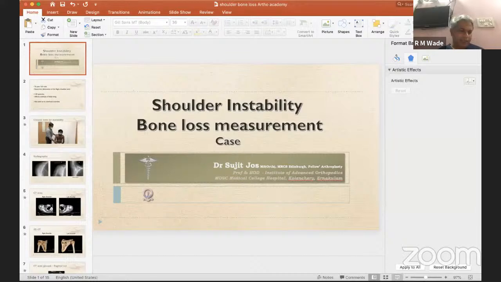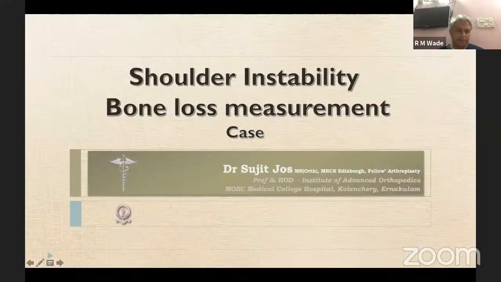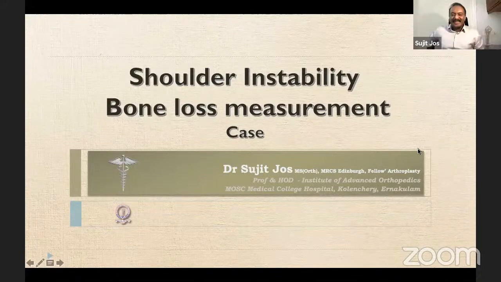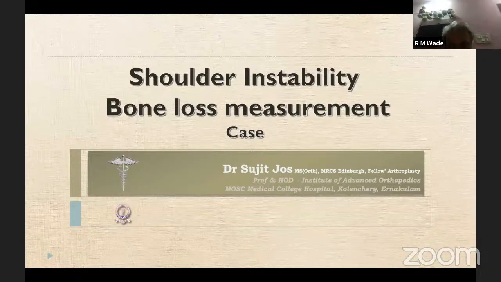I think today's talk was only on assessment. So we have certain cases to be presented by the presenters. I'll request Dr. Sujit Jose. Sujit, you have one or two cases. So quickly, only up to the radiological assessment, the bone loss assessment. Then we have one case from Mukesh and one case from Samir, and then last is from Dr. Vinay Pandey. Yes, Sujit. Hello, good evening. Thank you, Dr. Roshan. So we've gone through very excellent talks, and this is an open discussion. Anybody can come up anytime. So we are open for all now.